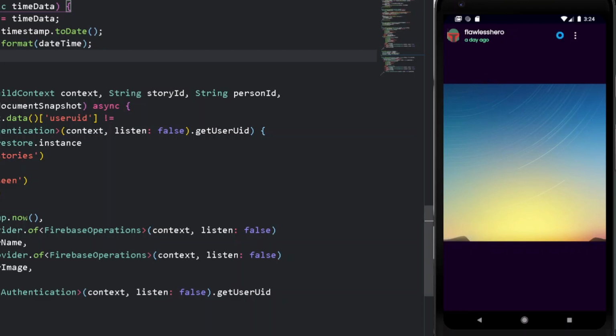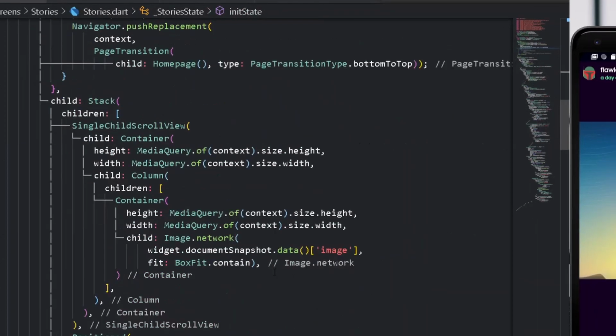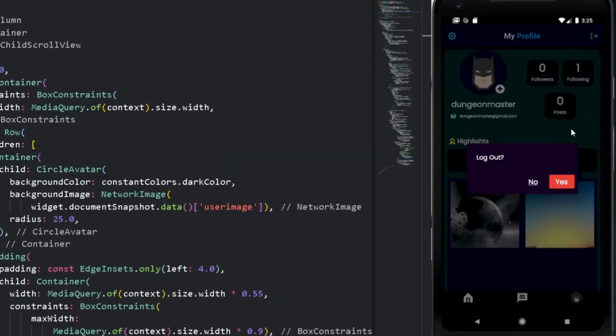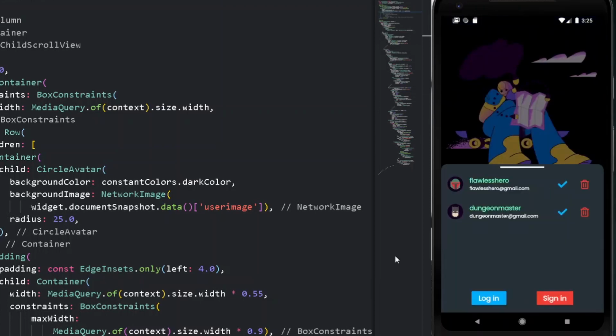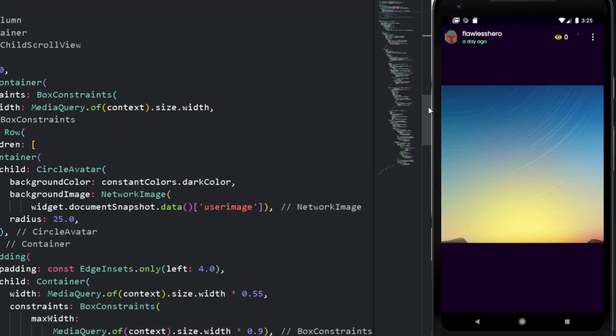So once we have created the following collection, let's retrieve all of the data. So for retrieving data, we can do one thing. First of all, go under the following stories thing. Alright, let's go back and log in as Flawless Hero one more time. Okay, Flawless Hero. So now let's open the following story. Easy, so here you can see we are getting a scene stamp to be 0, but we need a 1 counter because Dungeon Master has seen our story.